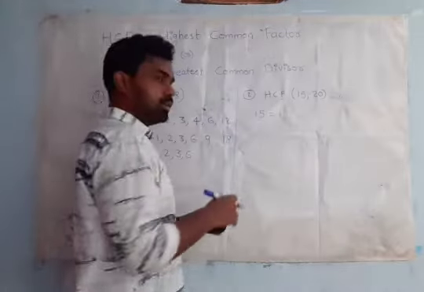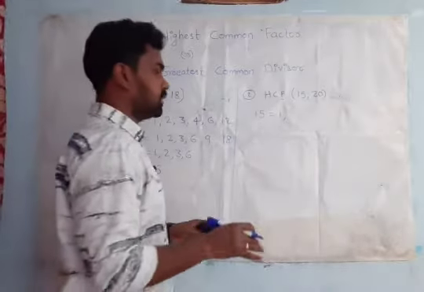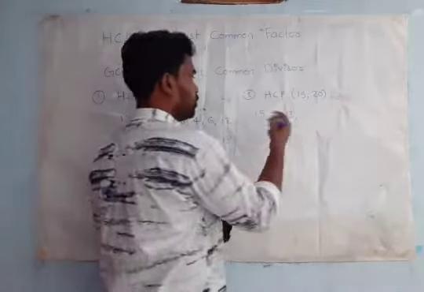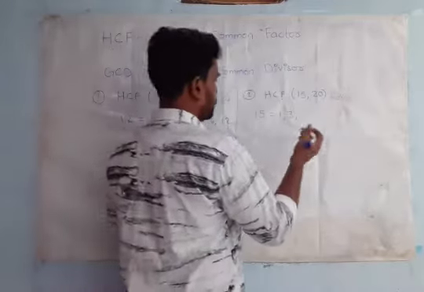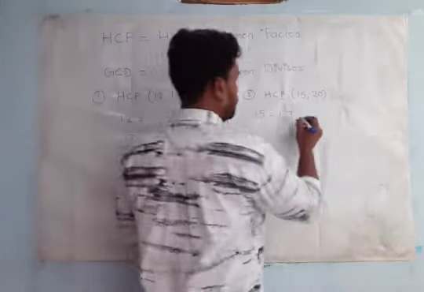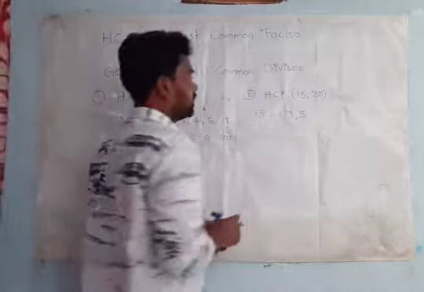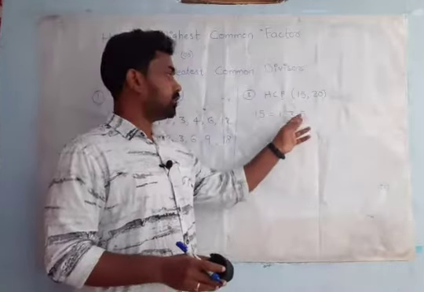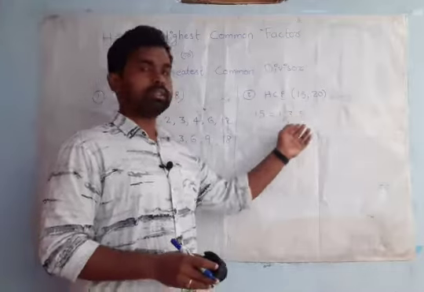Next, in 2 table, is 15 there? No, not there. In 3 table, 15 is there. Yes, it is there. 3 5s are 15. Next, in 4 table, 15 is not there. Next, in 5 table, 15 is there. 5 3s are 15. Now you see, in 3 table, 3 5s we are getting, and in 5 table, 5 3s. So both numbers came side by side.